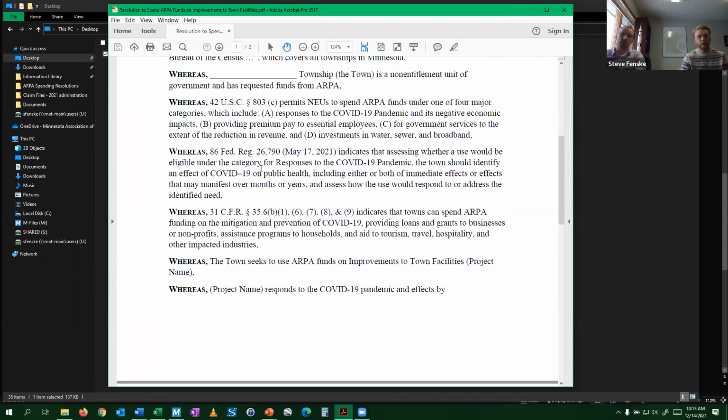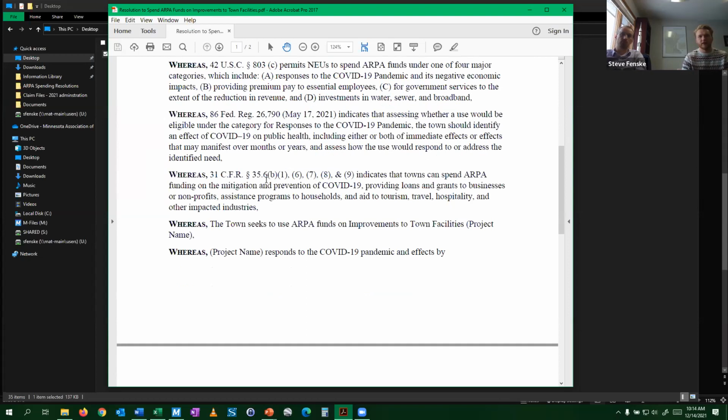Further, we'll discuss the specific guidance. So here we're discussing in this resolution, I believe there are 11 or 12 in total. This resolution is specifically discussing improvements to township facilities. So it starts by listing the 4 major categories. As we've talked about ARPA, we talk about the 4 major categories in which you can spend. And so it lists those.